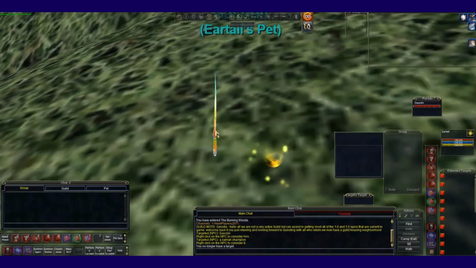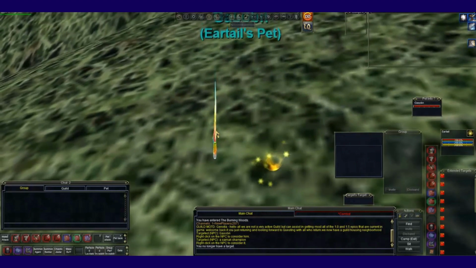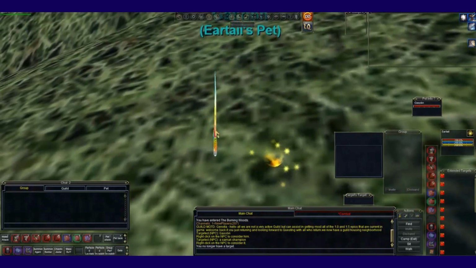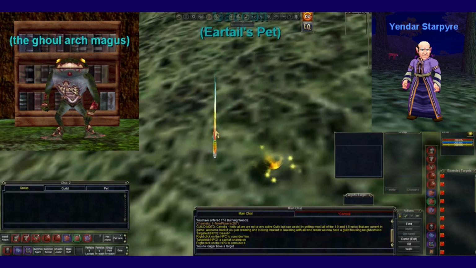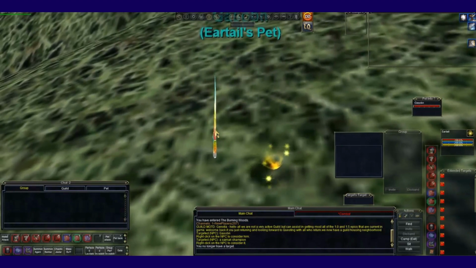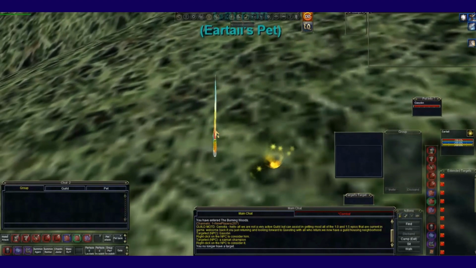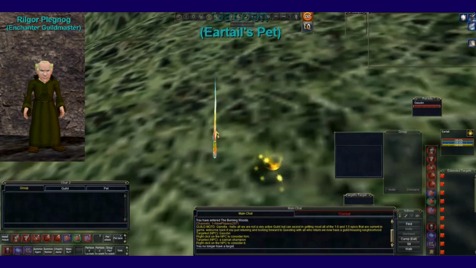Now while you are down in Lower Guck, or Ruins of Old Guck, both work, you will go find the Ghoul Archmagnus, or you can go to Steam Font with a group to find Yendar Starpire. We'll have both of their pictures up. You are needing to get a shiny metallic robe from him, or either of them, either way. Give the shiny metallic robe to some guy, the Enchanter Guildmaster, down in Akanon,